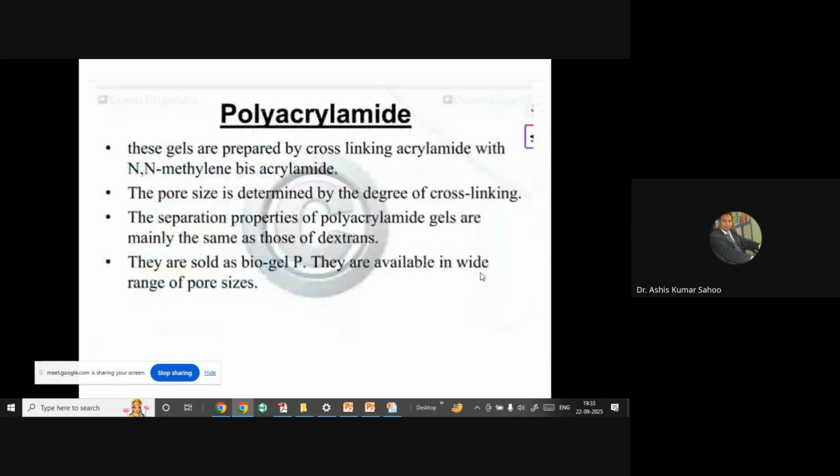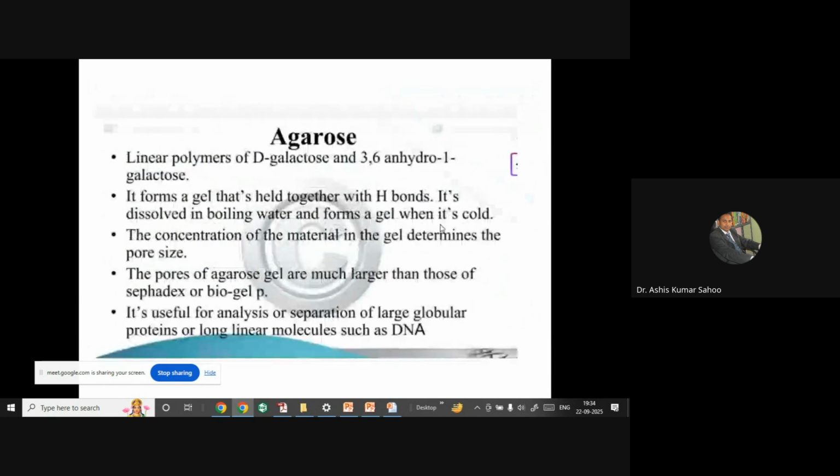Next is polyacrylamide. The gels are prepared by cross-linking acrylamide with N,N'-methylenebisacrylamide. Pore size is determined by the degree of cross-linking, and separation properties will vary accordingly. So these are the polyacrylamide gels used as stationary phase. Agarose is also used in